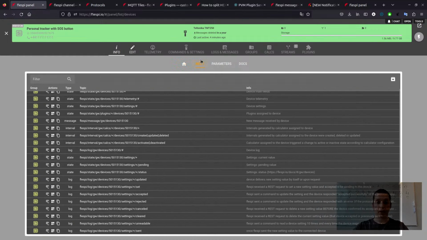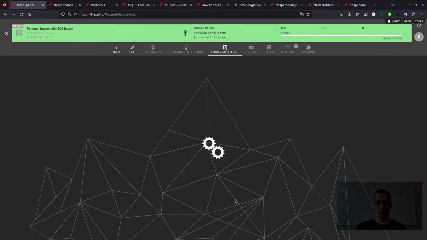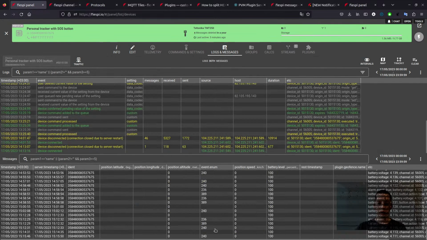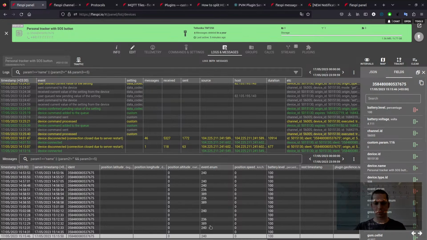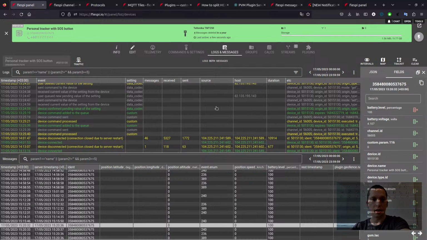The next tab is the MQTT tab. A quick notion about MQTT: it's an event bus that is used by Flashp to handle events, so something live that happens. And right here, for example, when a device sends a message, we might see it in the Logs and Messages tab. Like, for example, this is the last message. I click a button to send a message, and in 1 second we receive new messages here. That's okay. And how does it work over MQTT?